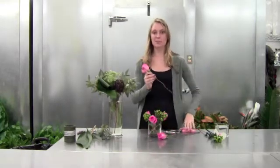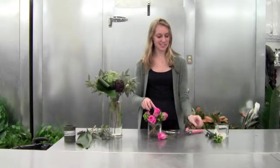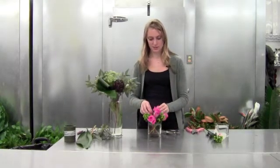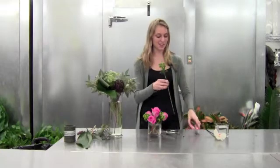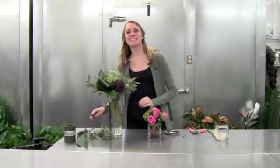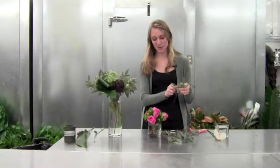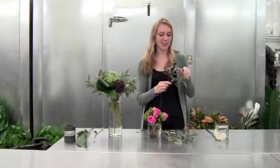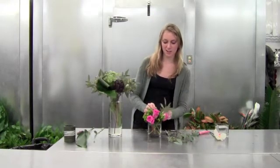And then we'll move to the center after we build a nice base. You can cut your center roses a little higher because they're going to sit higher than the rest at the bottom. It needs to go a little shorter. And then we'll put some hypericum in the top as well. And remember, we saved a little bit of seeded eucalyptus. And it's got a hint of pink in it, so I think it'll be great with our pink roses as well. And it'll add a nice earthy texture. It even has more of a wintry color. I know we don't want winter to come this soon, but